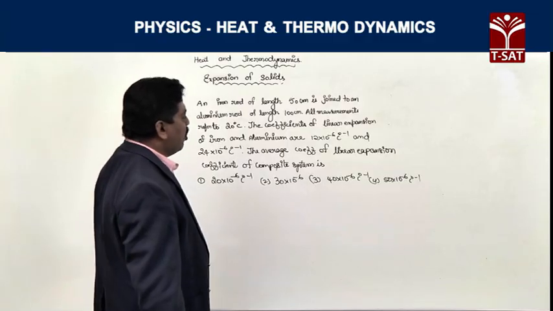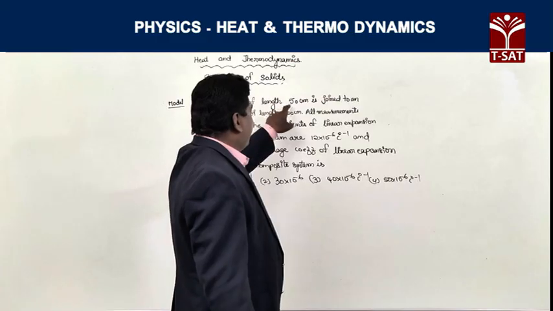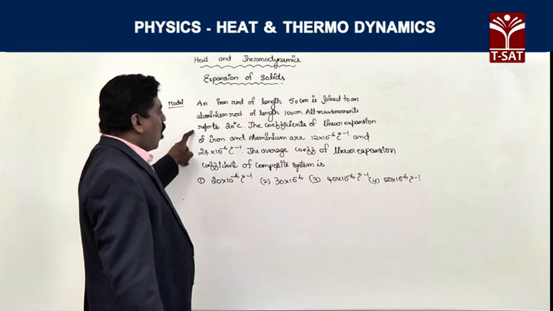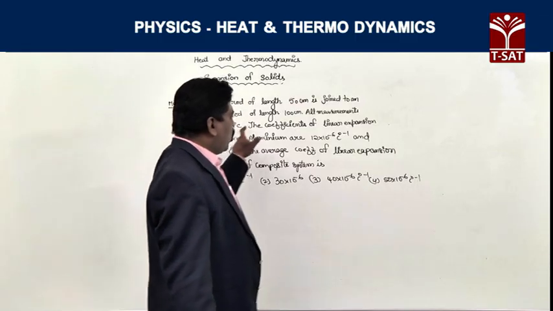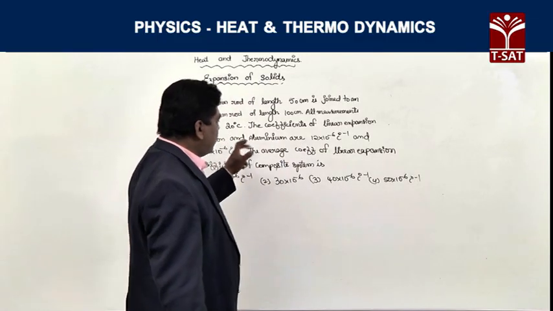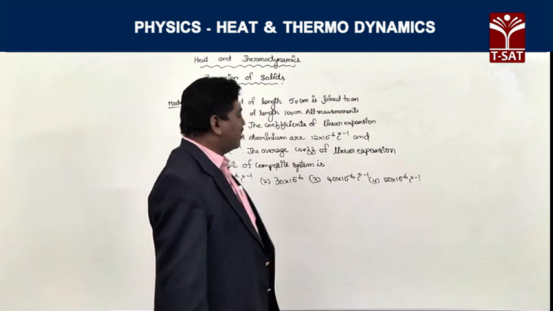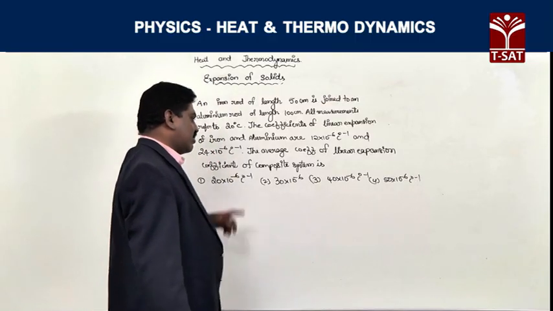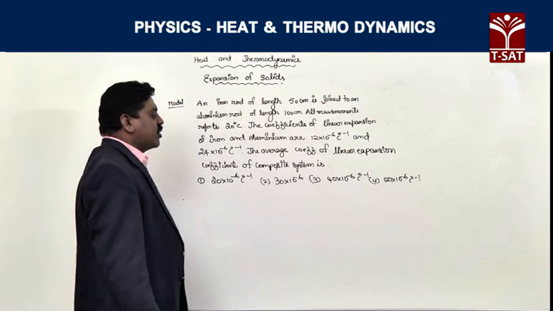Now, let us try a problem based on the previous formula. An iron rod of length 50 centimeters is joined to an aluminium rod of length 100 centimeters. All measurements refer to 20 degrees Celsius. The coefficients of linear expansion of iron and aluminium are 12 into 10 to the power of minus 6 per degree Celsius and 24 into 10 to the power of minus 6 per degree Celsius. The average coefficient of linear expansion of the composite system is,